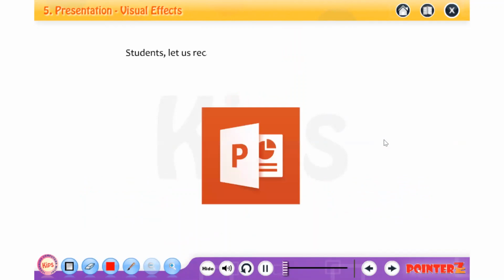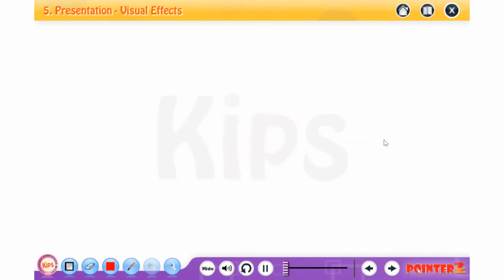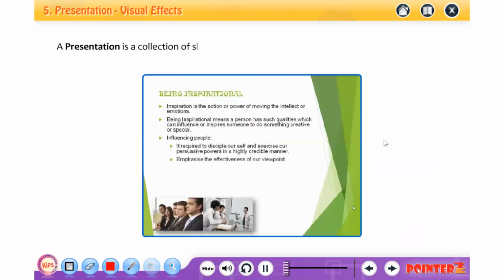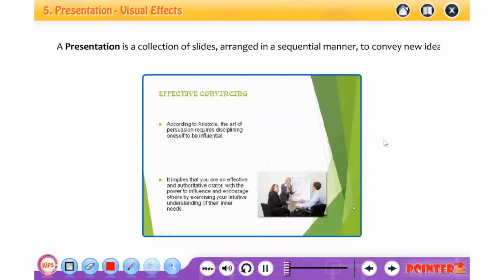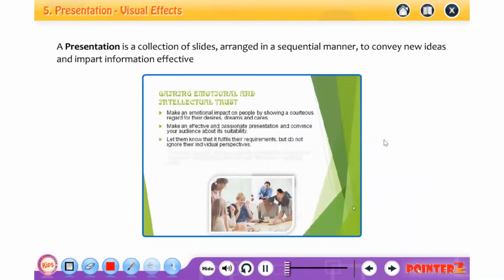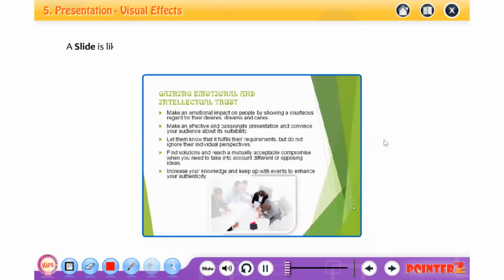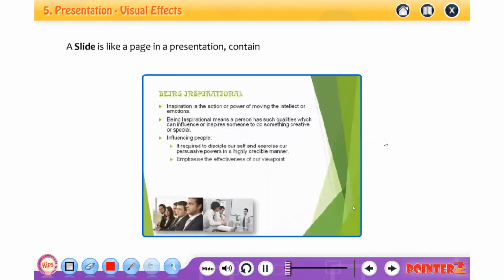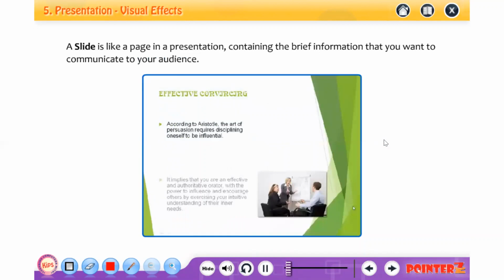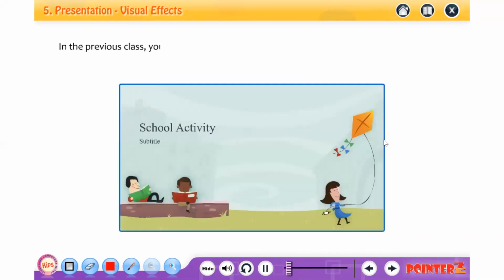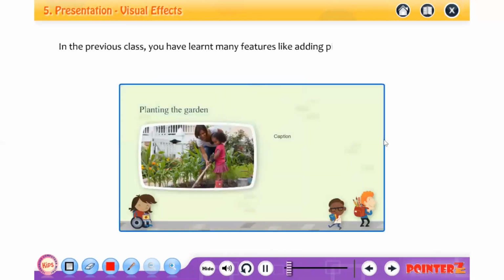Students, let us recall the basic concept of PowerPoint 2016. A presentation is a collection of slides arranged in a sequential manner to convey new ideas and impart information effectively. A slide is like a page in a presentation containing the brief information that you want to communicate to your audience. In the previous class, you have learned many features like adding pictures, shapes and charts to enhance the look